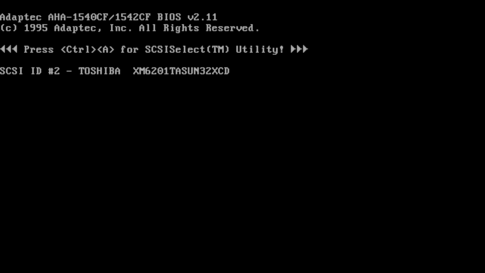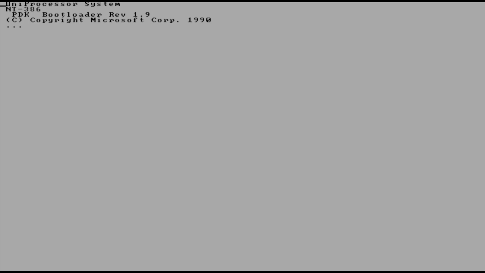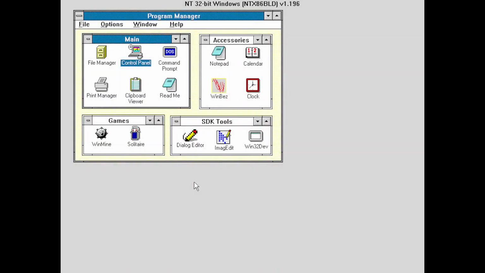Once you reboot the system, it'll show a screen asking which you want to boot from between Windows and DOS. On the boot screen, the system was referred to as NT386, with a copyright date of 1990 and version 1.9 of the PDK bootloader. Going to the desktop, and hoping to God this build doesn't hang every 5 seconds, we